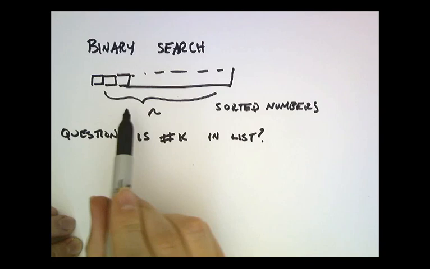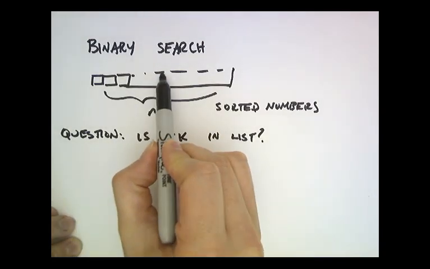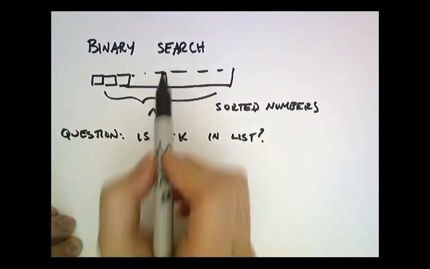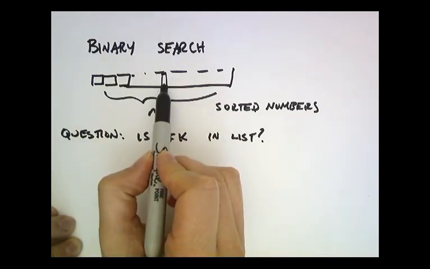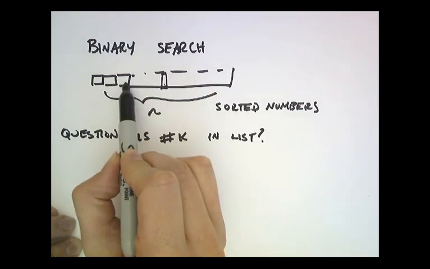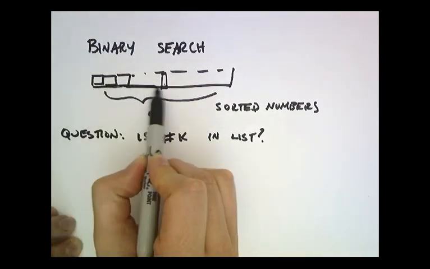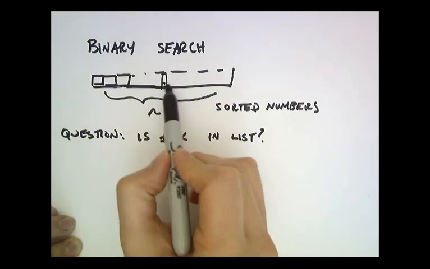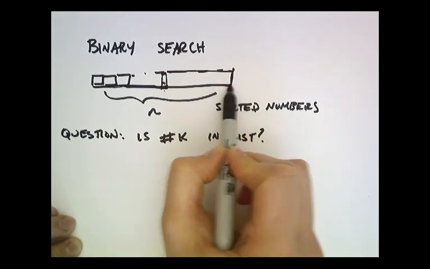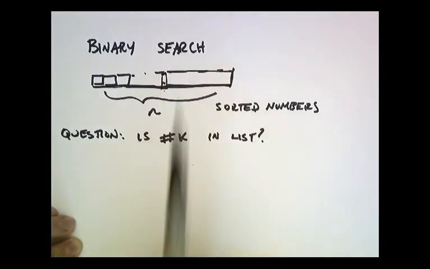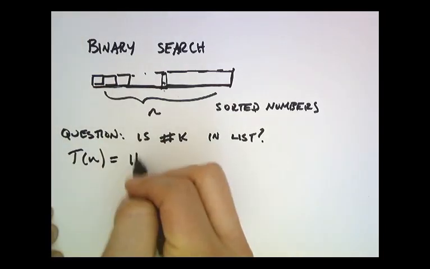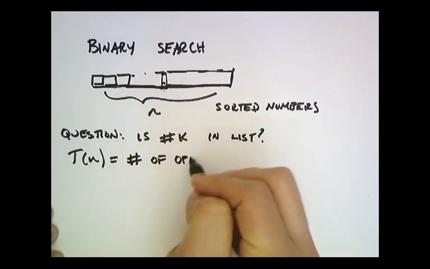Okay, so how do we proceed? Well, we look at the middle element of the array, and we see if it's equal to k. If it's bigger than k, we're going to perform the same operation on the left half of the array. We'll recursively search the left half of the array. If this value is less than k, then we'll recursively search for the value on the right half of this particular array. Okay, so we'll let T of n be the number of operations